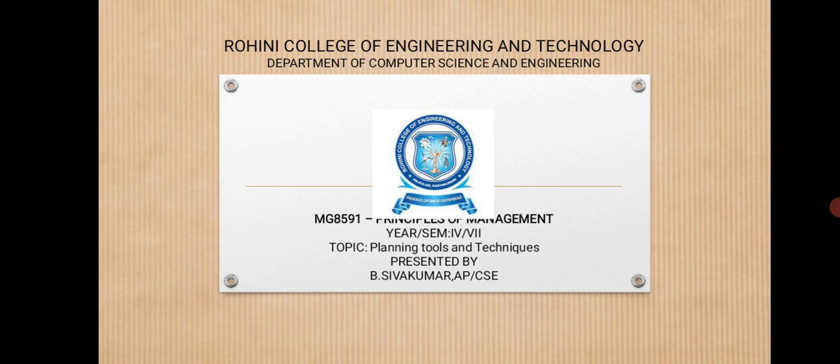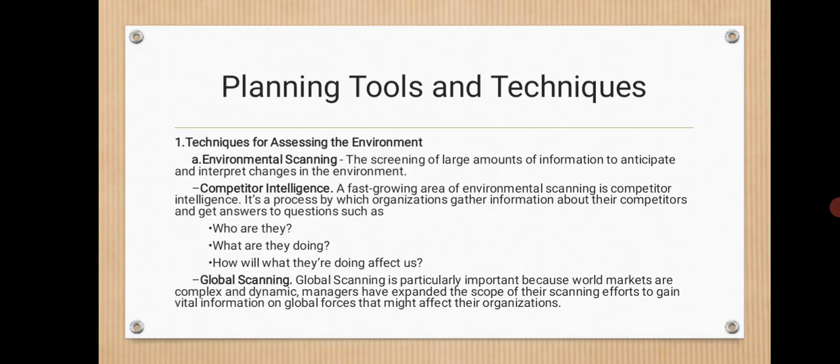From the principles of management, we are going to see the topic planning tools and techniques. Let's go into the topic planning tools and techniques. The techniques for assessing the environment. First one is environmental scanning, the screening of large amounts of information to anticipate and interpret changes in the